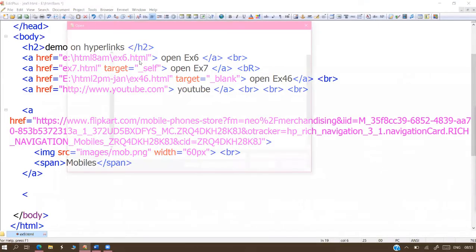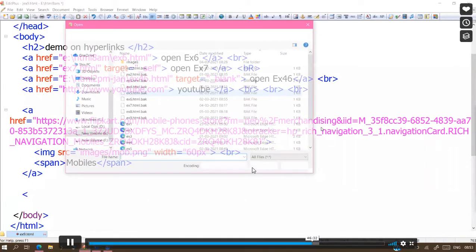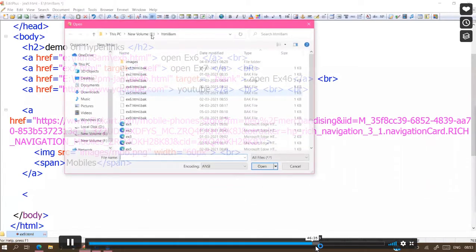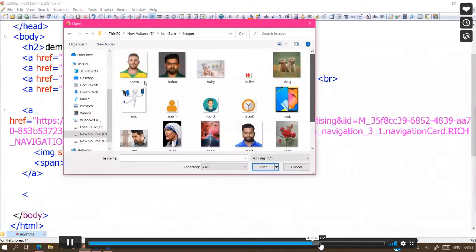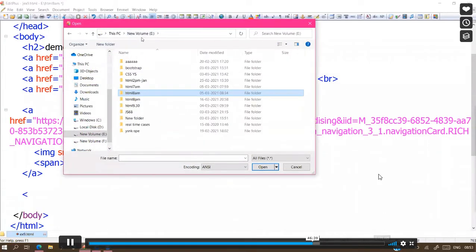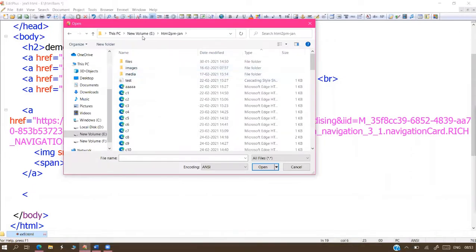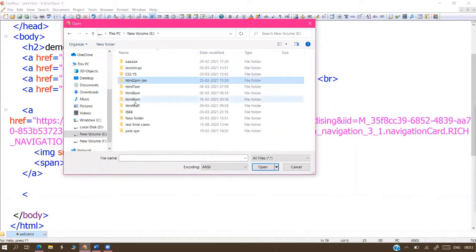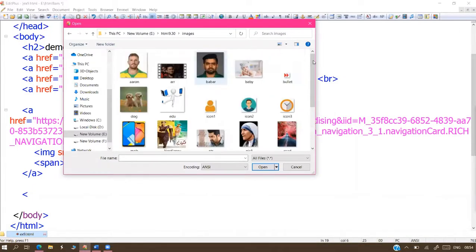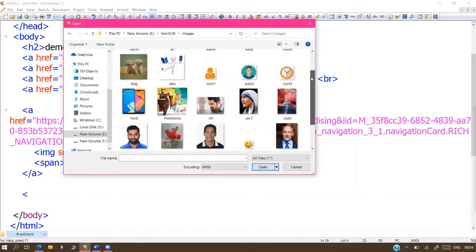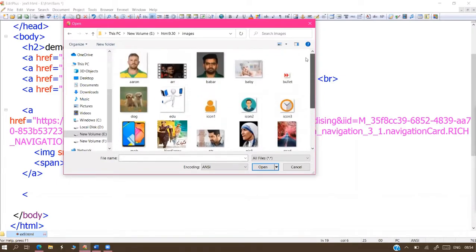We'll copy some files; one audio file and one video file are required. One video and one audio.